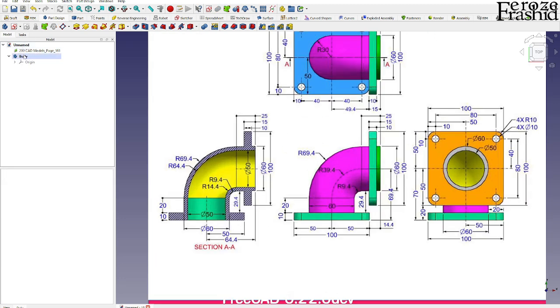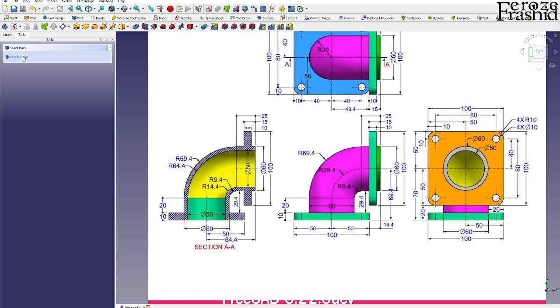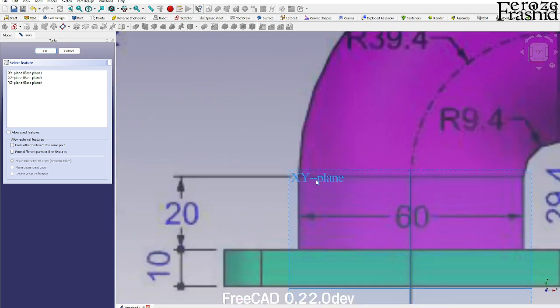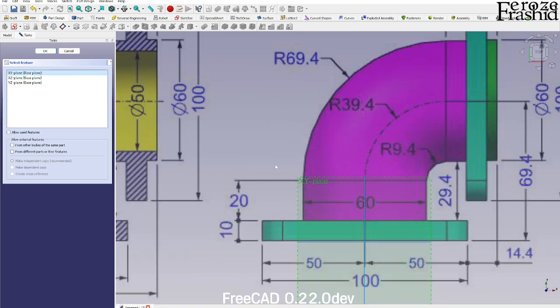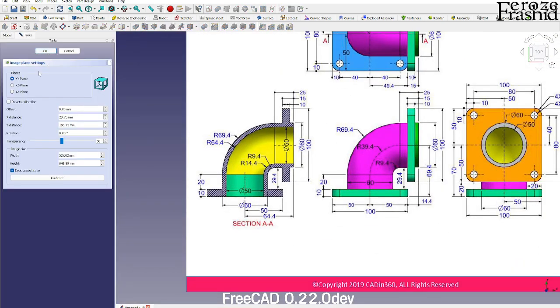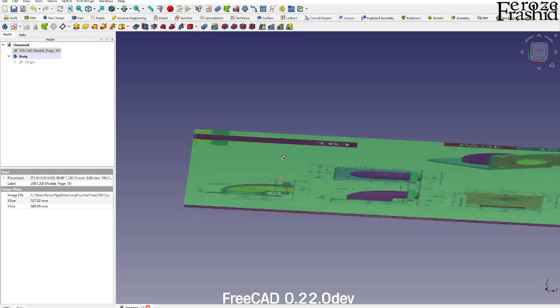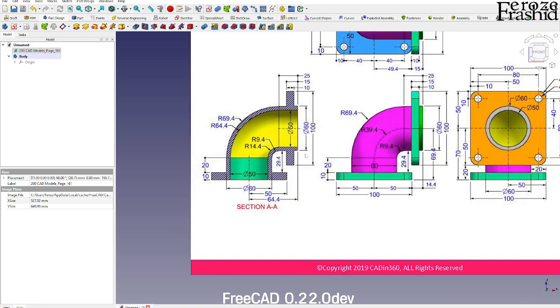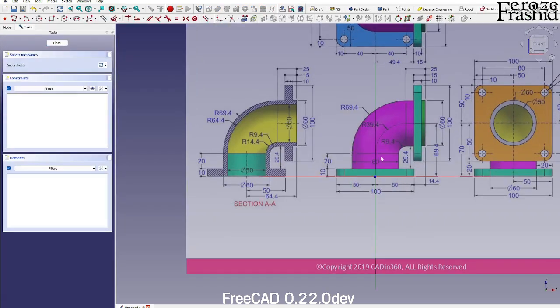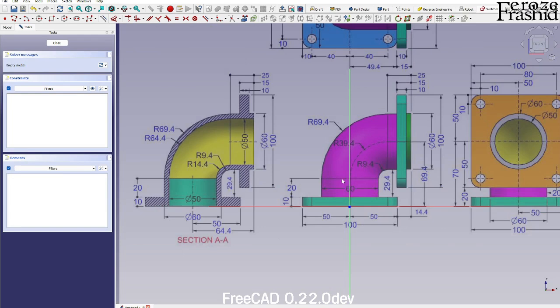So in Part Design, I created a body, and then I can go ahead and create a sketch on this face, which, as you can see, is the XY plane. I wanted to do it on XZ, so maybe I can switch the plane, take it up there. Let's make sure we have the same axis cross over there, and then draw the sketch on the XZ plane. Okay, now,